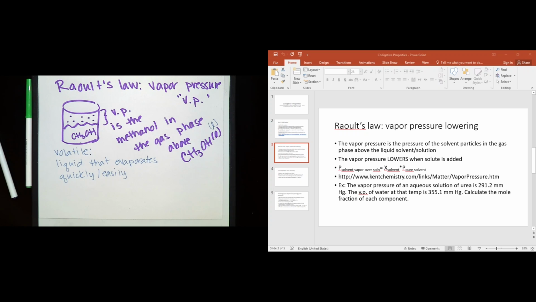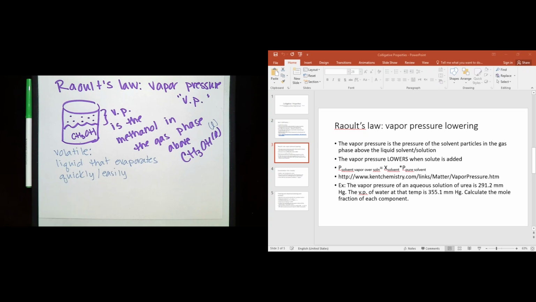So if you had a cup of acetone, which is often used as a nail polish remover, next to a cup of water, and you can do this experiment, just don't hover over the acetone and inhale it or anything. It's not good for you. If you do this experiment, what you'll notice is that the water sticks around a lot longer. So what you're going to see is the amount of acetone dissipating. It's evaporating at a much faster rate. It takes a lot less energy to make that transition from liquid to gas. Okay, so something that's very volatile has a high vapor pressure.